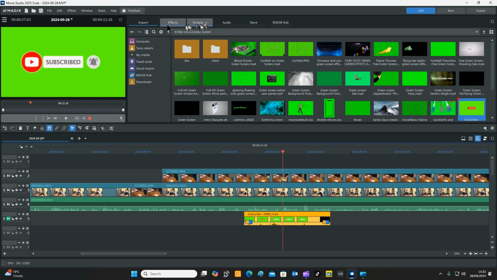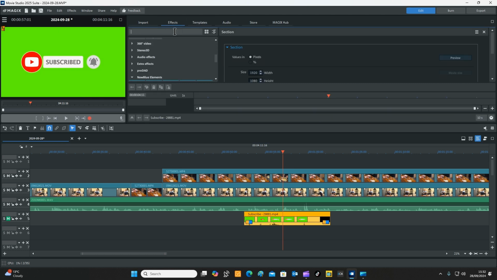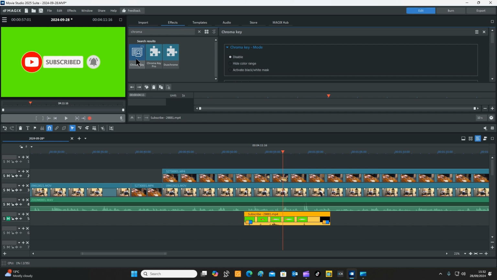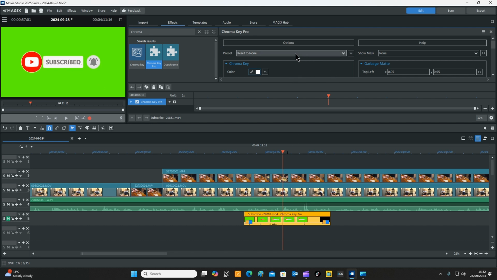So what we're going to do is get rid of that green. I'm going to click on Effects, and type in Chroma in the search. Now, that's your standard Chroma keying, which you will get with Magix Movie Edit software. But as you upgrade, it offers you all these freebies. And this is Chroma Key Pro, which I got when I upgraded. So basically, all I'm going to do is click on Apply Effect. Once that comes on, I'm going to drop this down to the reset to green key,